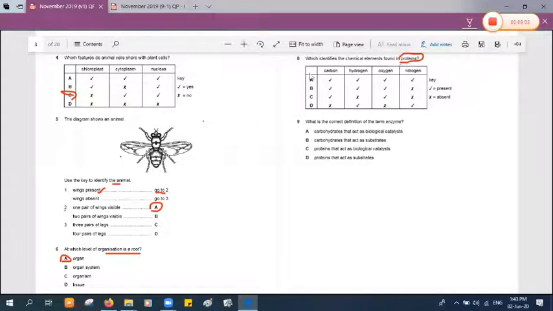So who can tell me: A, B, C, or D? To make this question easy to answer, we have to know that protein contains the main elements. So I will compare between A and D. I will see here, he put an X